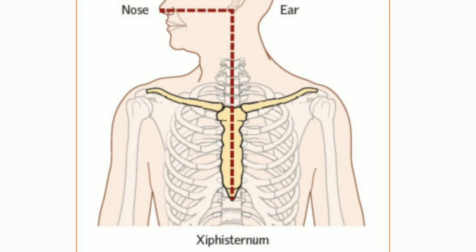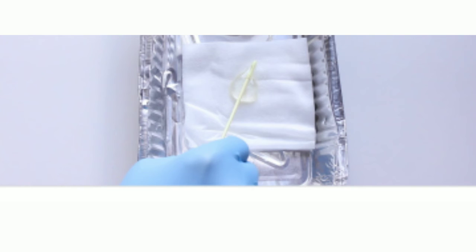How do we measure the NG tube? Place the NG tube in a position running from the bridge of the nose to the earlobe and to the xiphisternum. Lubricate the 2 to 4 cm tip of the NG tube with lubricant and insert the tube into the patient's nose and tell the patient to swallow, like swallowing water. So it will help for easy insertion.